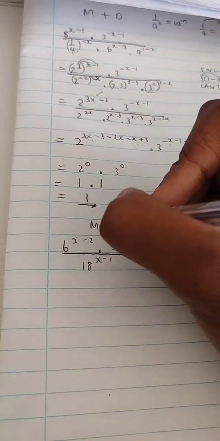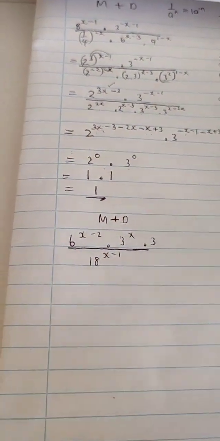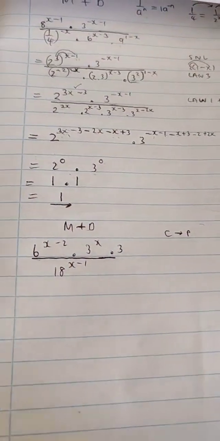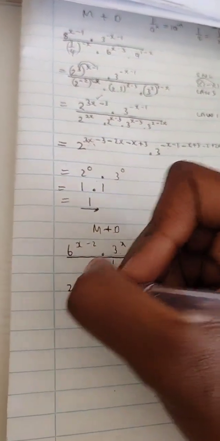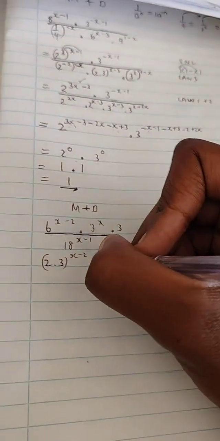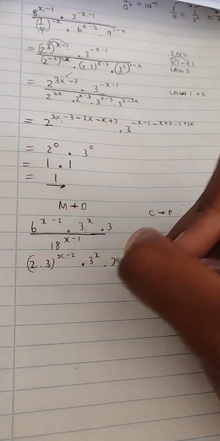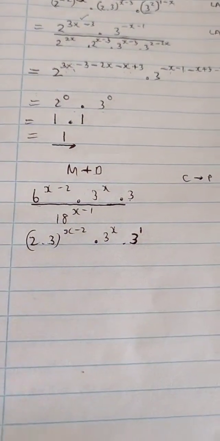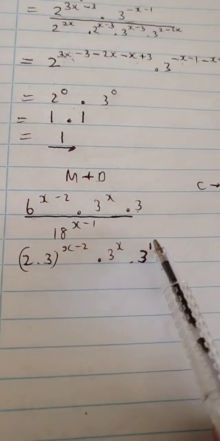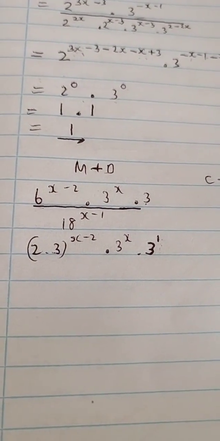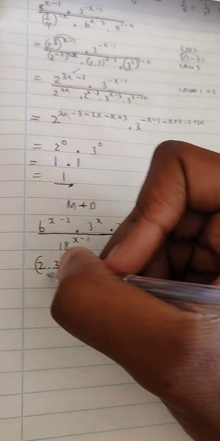Okay, relationship is multiply and divide. It's M and D. So if it's M and D, then I know I'm going to convert what? My composite base to prime bases. 6, in brackets 2 times 3. Then we keep what's outside. 3 is already prime. This 3 is also already prime. So I'm just going to reveal the hidden exponent, because people tend to forget that this 3 has an exponent 1. Reveal what is not seen, guys. Reveal. Alright? Over